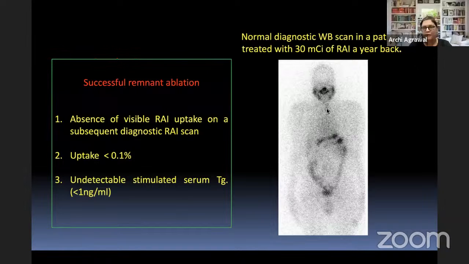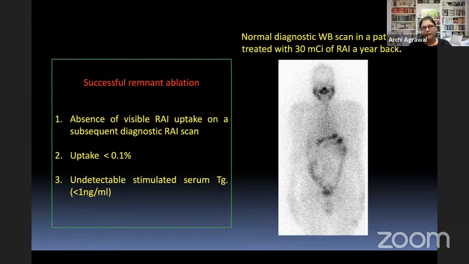You should always look at the TG. If your stimulated TG is less than 1 nanogram, though you are seeing some uptake here, you should just follow the patient on a yearly basis with a serum TG evaluation. So here you're not seeing any uptake. So, absence of any visible RI uptake on a subsequent diagnostic scan, or when the uptake, sometimes we calculate the uptakes,